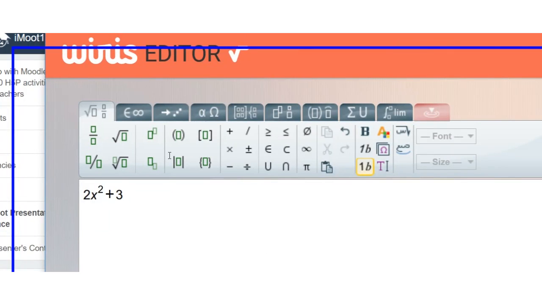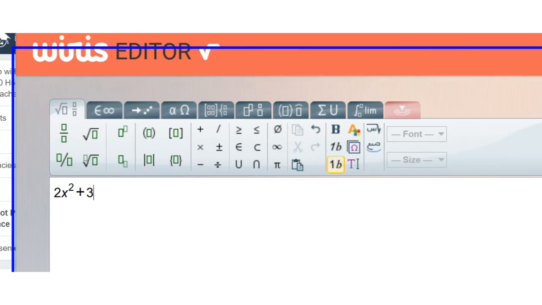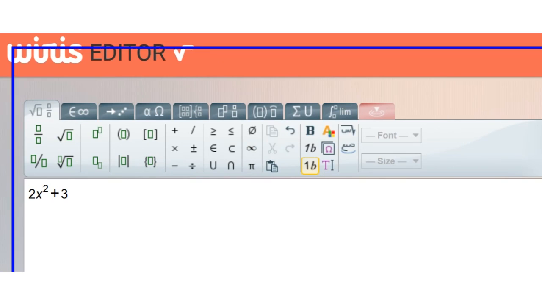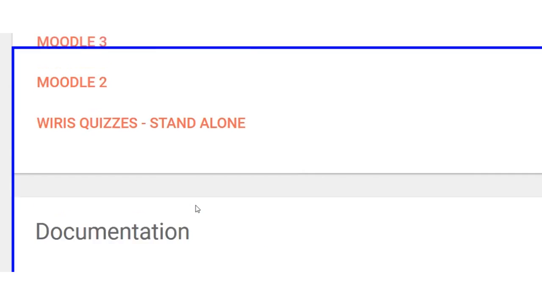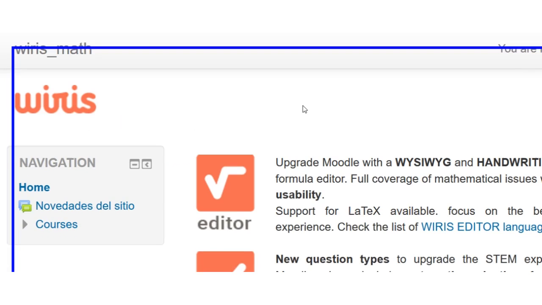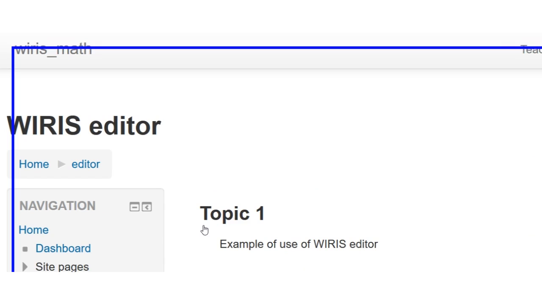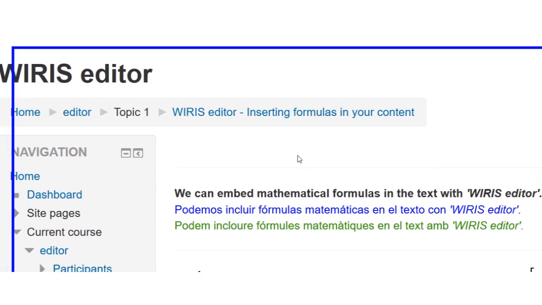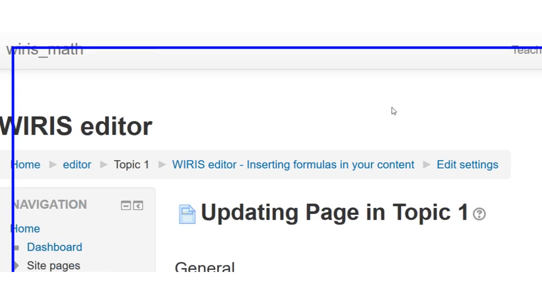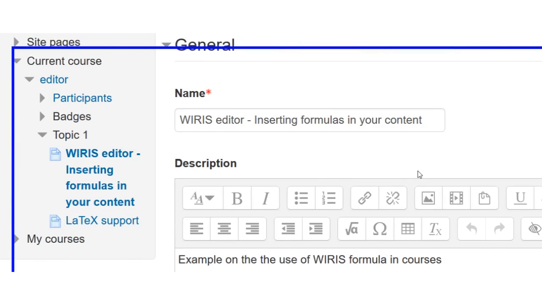We will jump to how it could be seen in a Moodle environment. I will go there right now. Okay, here we have the editor in a normal Moodle environment. We go to edit a page, as you would do in Moodle. Here we are. You have your HTML editor by default, and when you add the plugin, an icon will appear in that editor, and if I click on this,